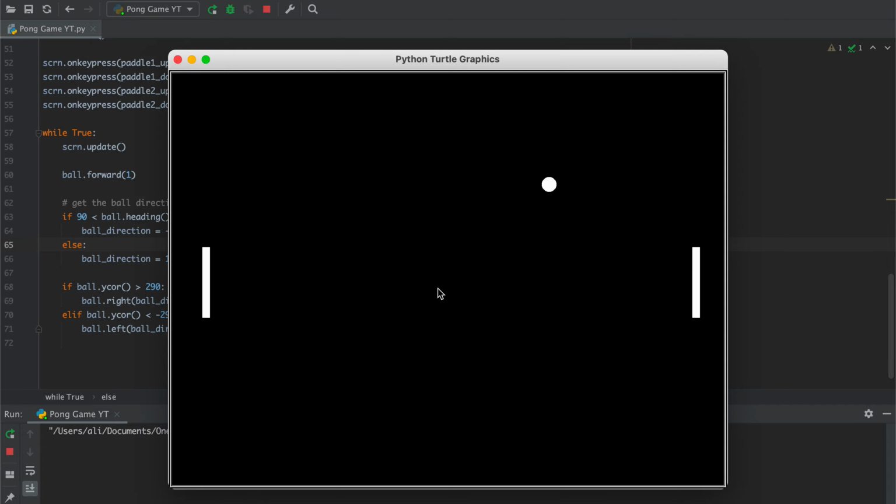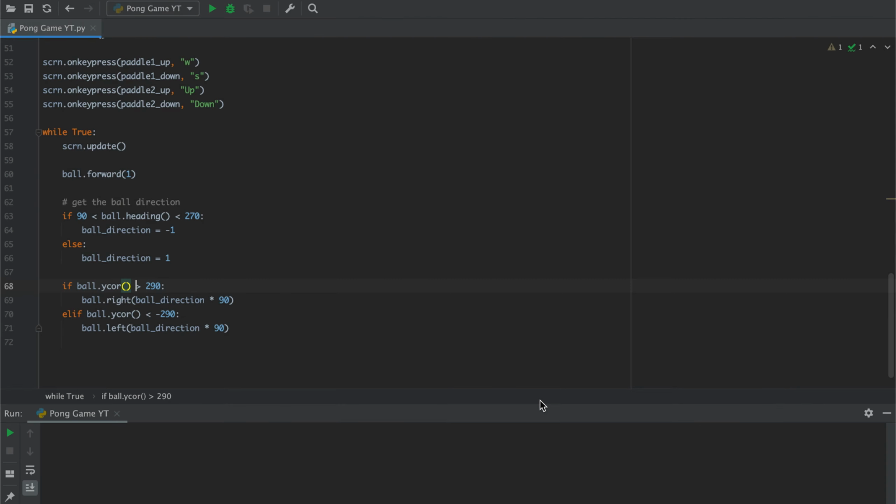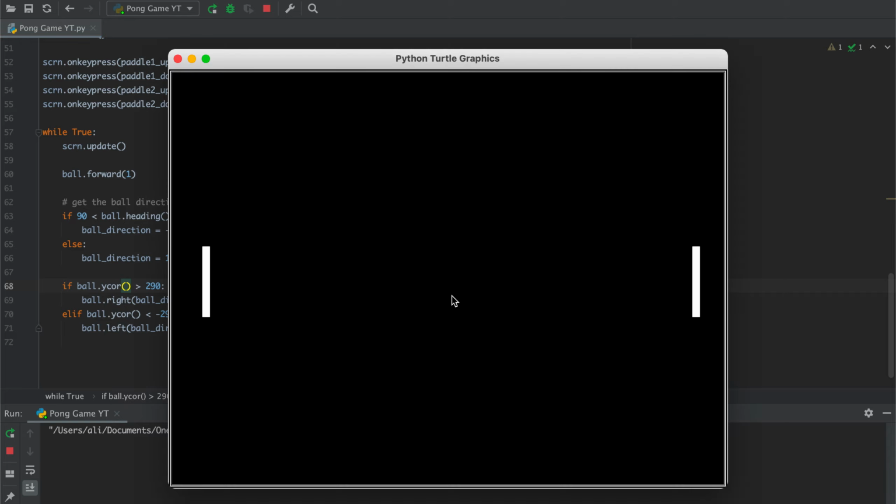In the last video, I made my ball bounce off the sides of my screen. And today, I'm basically going to make my ball bounce off in random directions as it collides with either of my paddles. To do this, I'm basically going to check for collision between my ball and both of my paddles. But more specifically, I need to see when my ball's x and y coordinates are the same as my paddle's